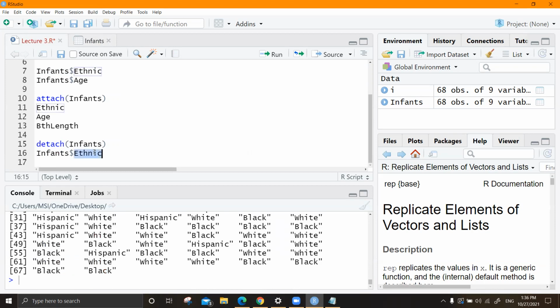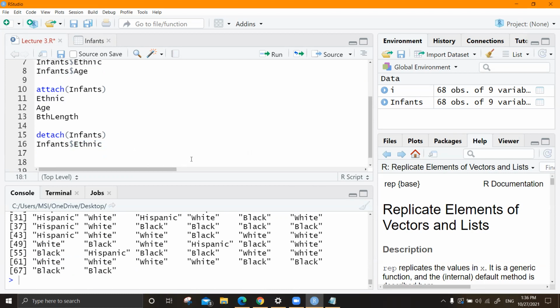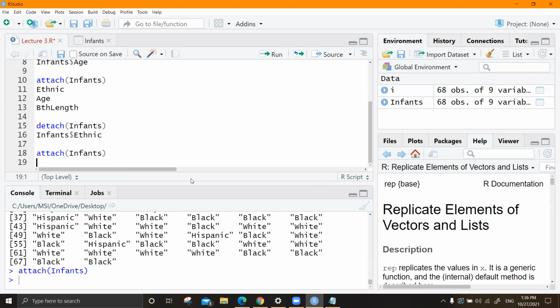Otherwise, they don't identify this as an object. Just because I'm using this data set only for today and for my convenience, I am going to attach it once again because it's a hassle typing these dollar signs all the time. So I'm going to attach it and use it. You don't have to copy and paste this again and run. Why I did this was because I'm uploading this file at the end of the lecture. So if I have things here and there, there should be confusions for you. That is why I repeated this code line here.